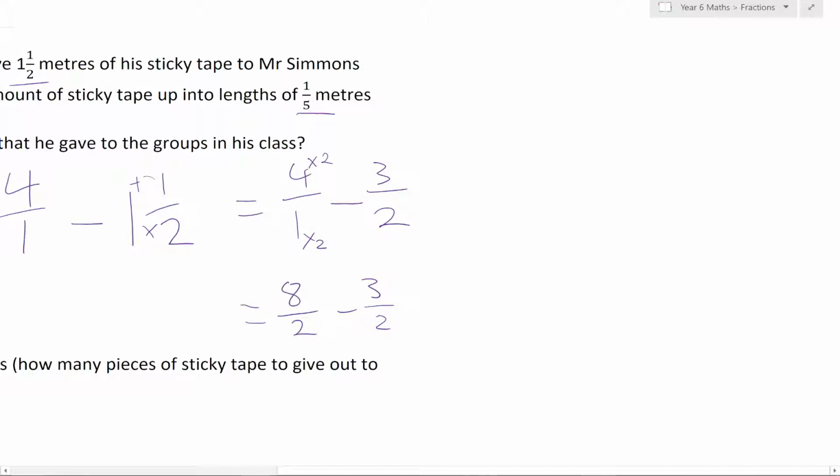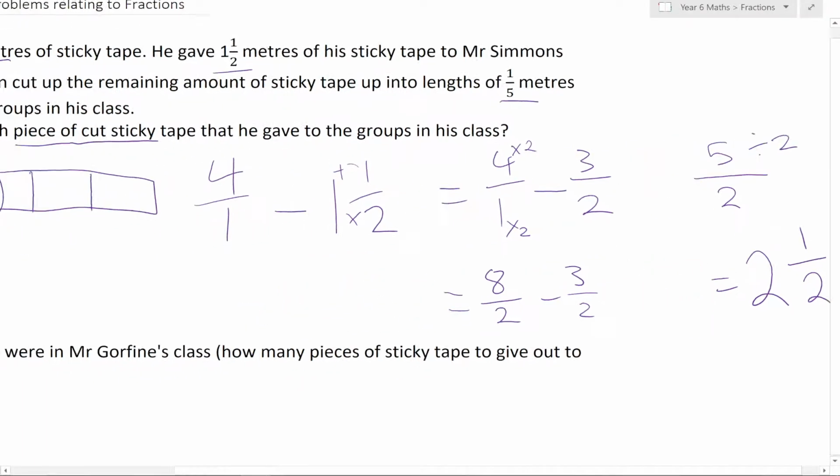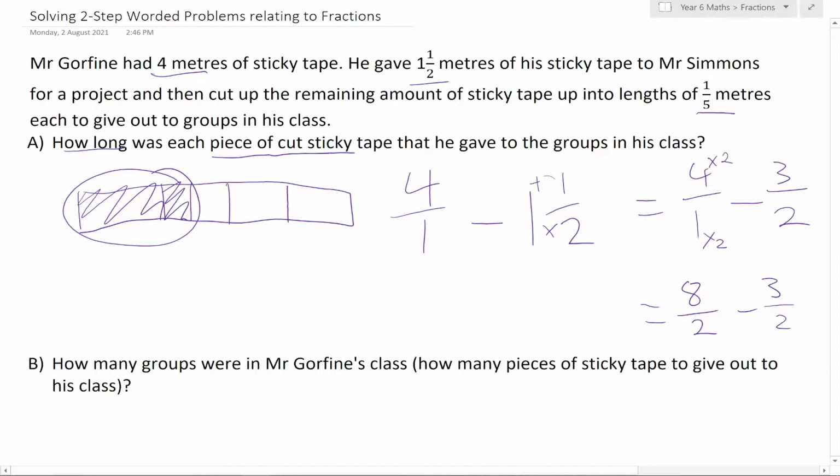So I'll just keep moving over here. So I've got 5/2, and my final step is to bring it back to a proper fraction. Whether it says it in the question or not, you always want to simplify it, and this is part of simplifying. So because the top number is bigger than the bottom, you want to divide it by the bottom. 2 goes into 5 2 times with 1 remainder, and then that gives us 2.5. And we always want to write it as a full sentence. So Mr. Gorfine